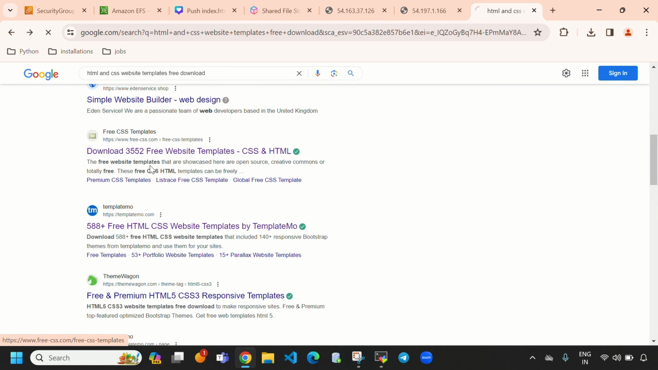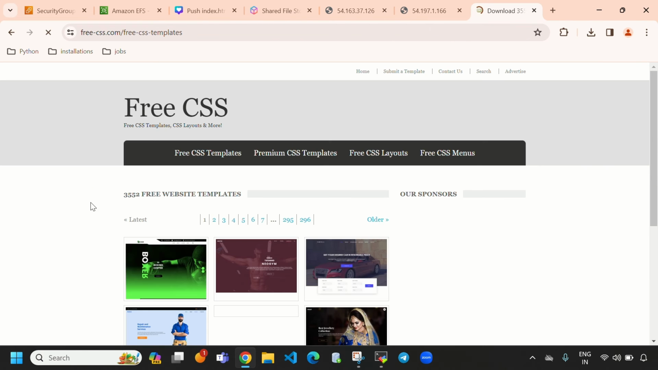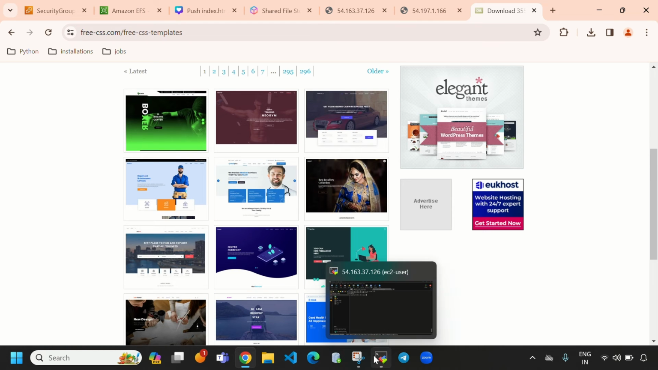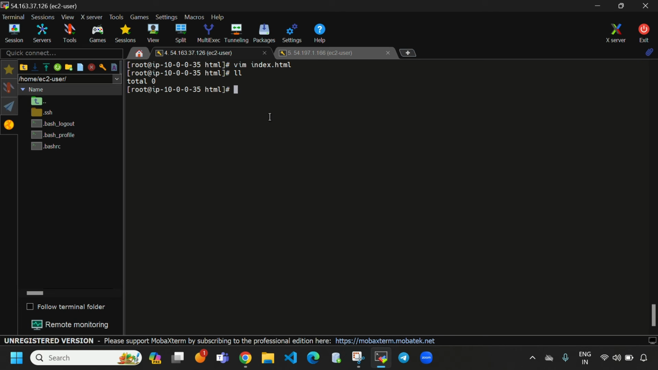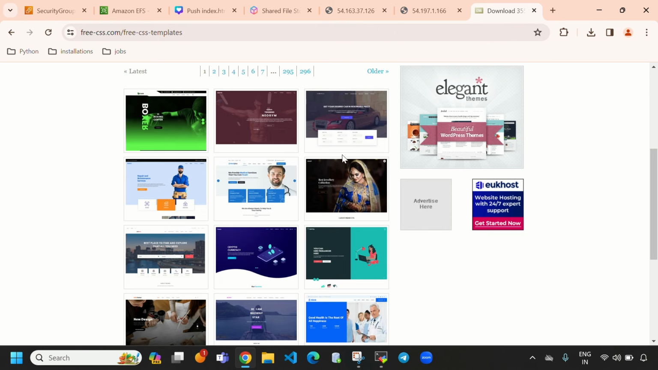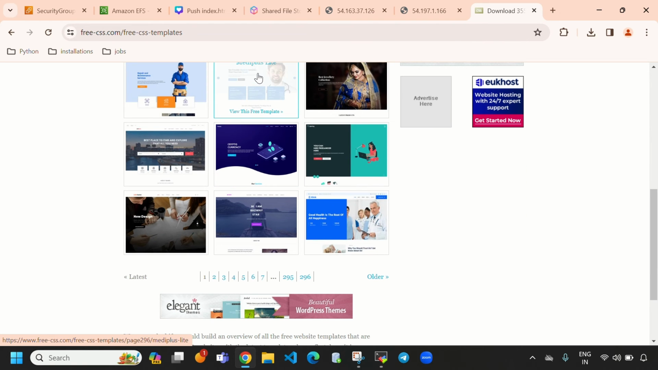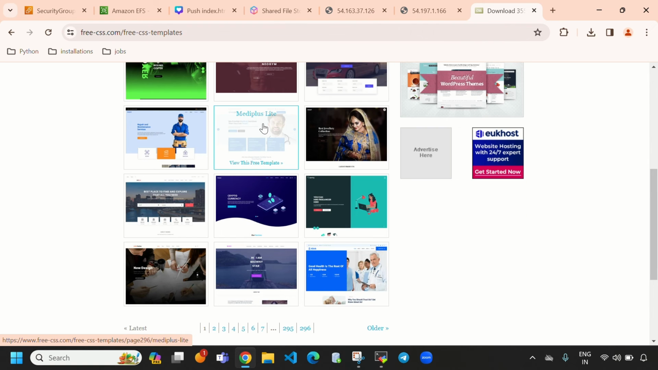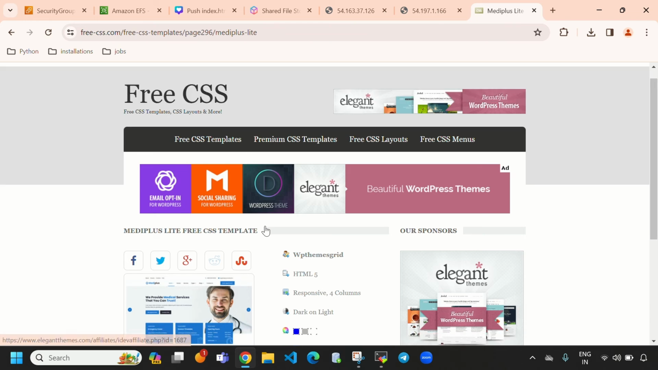We need to select this, guys. And here, first I will come to roots. Right now I'm not in the /var/www/html path, guys. I have come out, and let's download this. Let's download this MediPlus application. Open this,